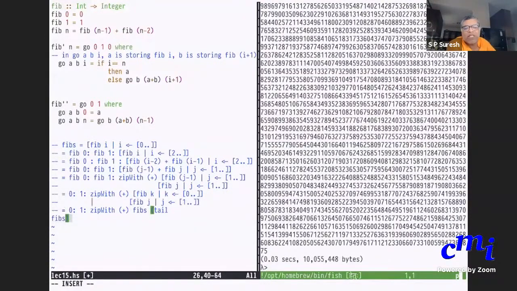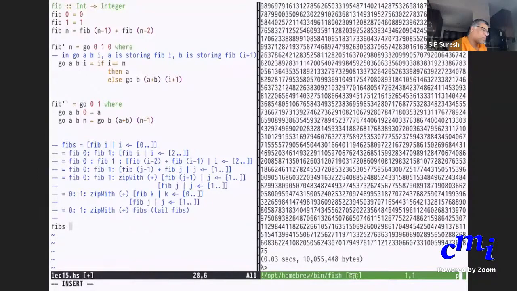But remember, Haskell is lazy. So to start off with, it will initially install 0 and 1 as part of fibs, and then it will try to do your computation. And if you want the nth element of fibs, it will only compute till it gets n elements in this list. Let us check this out. Let us now install this as a definition.